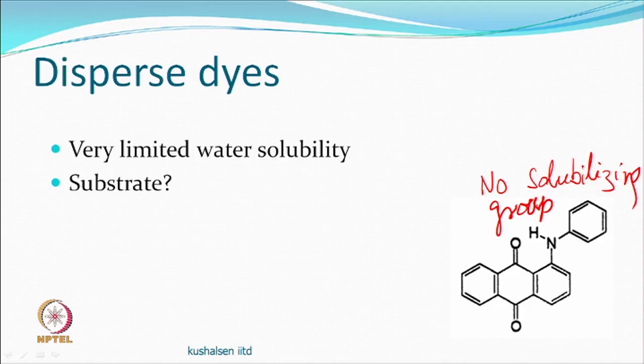The most of the dye remains in particulate form, a small amount of dye gets dissolved, like in printing the total amount of water available is also very less, but it gets dissolved. Of course, temperature and solubility are related. So if you have higher temperature, solubility will be more for a dispersed dye, even within the aqueous medium also. And so once it is in molecular form, it then diffuses in. And they have to be applied on substrates which are hydrophobic, relatively more hydrophobic.